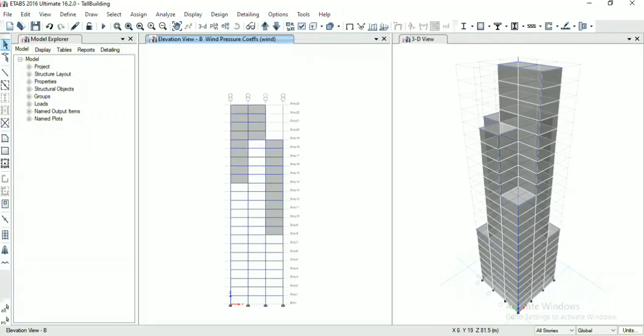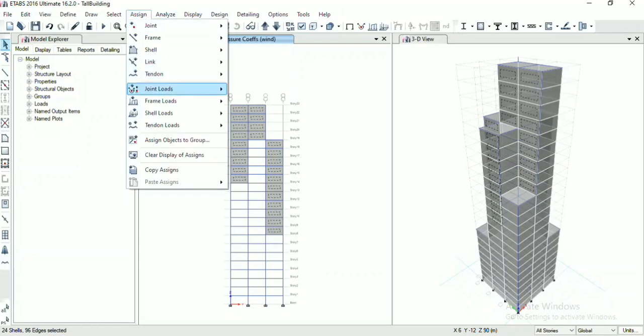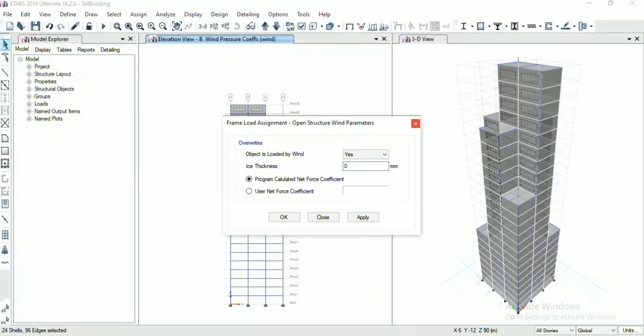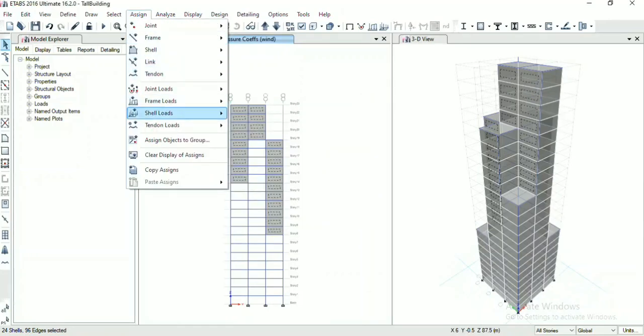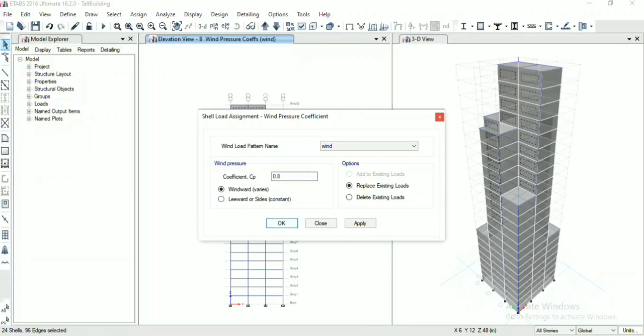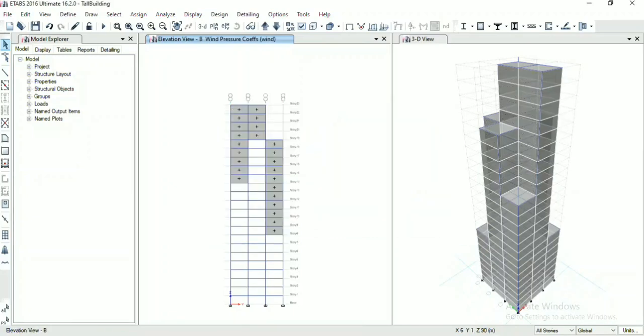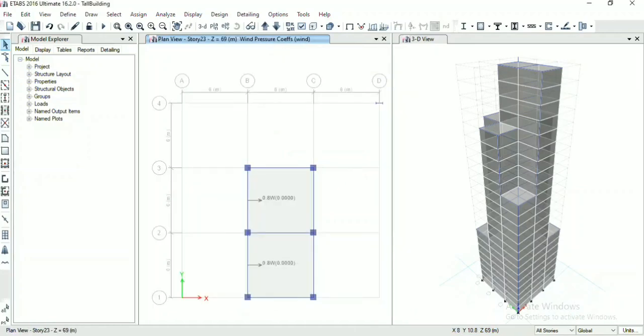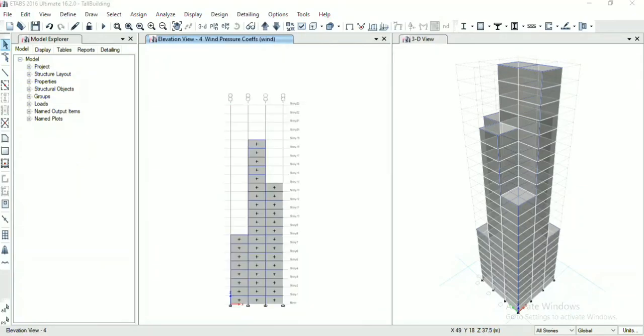Go to B and select all the shells. Similarly, apply shell load wind pressure coefficient, that is 0.8. And now we will apply for leeward sides. So go to plan, similarly we have done for all the three leeward sides.